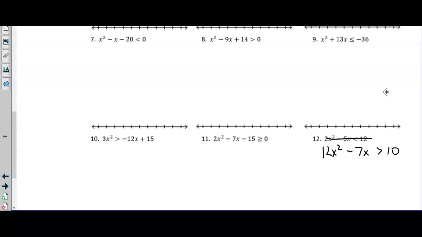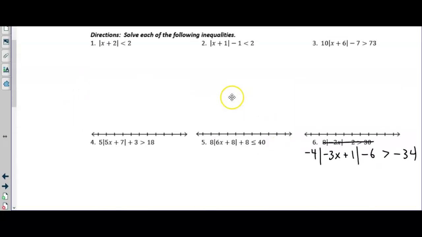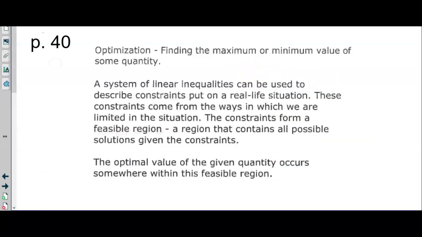So what I'm expecting is you will factor all of these after you have a 0 and solve them, put the boundaries on, test the section. With absolute value, I'm expecting you'll isolate the bars. You'll solve it once positive, once negative, flipping the inequality symbol. All right, so you'll do that on your own. If you go over to page 40,